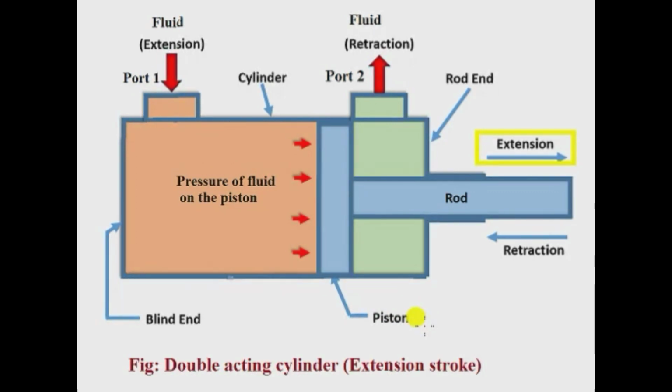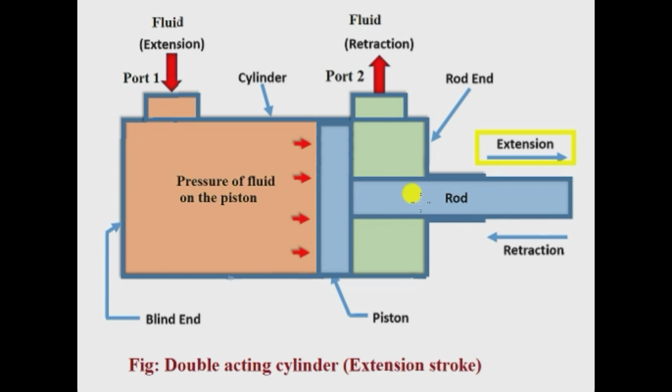Let us discuss case 2, during retraction or a reverse stroke. As you know, in a single acting cylinder, I am talking about the single acting cylinder, the return movement of the piston from rod end to blind end is due to some spring provided around the circumference of this rod, correct? Or due to some gravity force, the piston is made to move from this end to this end.